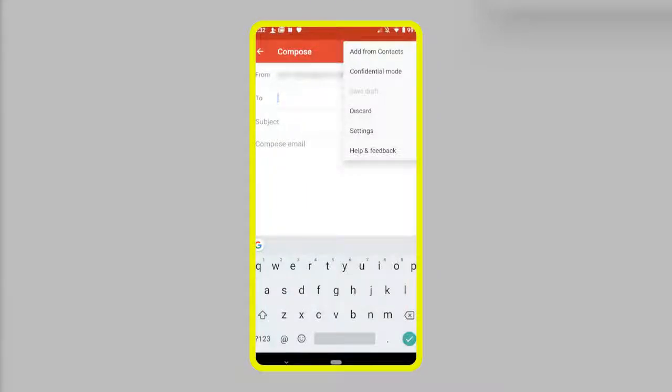Recently, Google released confidential mode for the desktop version of Gmail. What this feature does is quite important for many users. With it, you can compose a message to include an expiration date. In other words, you set a date for that sensitive email and, when the date arrives, that email vanishes from